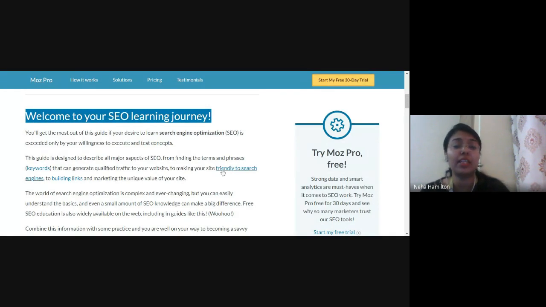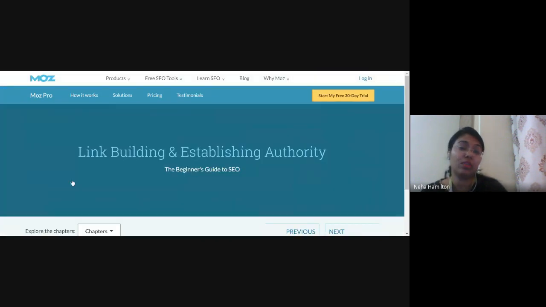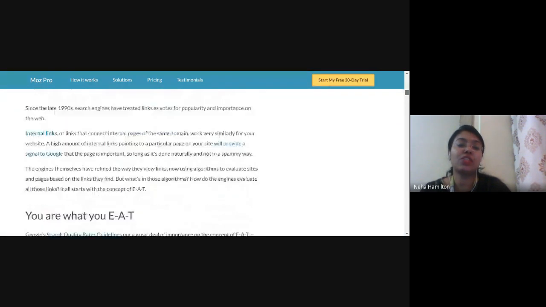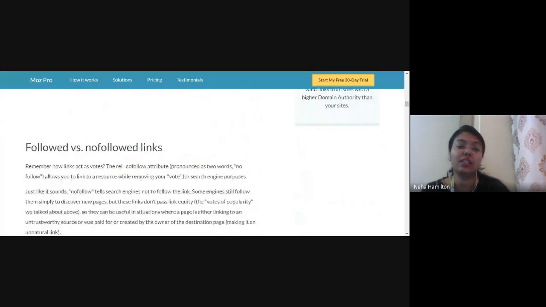Another important thing is internal linking. When you click on this particular link, building links, for example, if I click on this link, I am going to land on the same website's other web page, right? So this is called internal linking. When I link my internal web pages to improve the visibility or to increase the traffic of my web page, so that is called what? Internal linking. So you can see that their pages are very well linked internally.